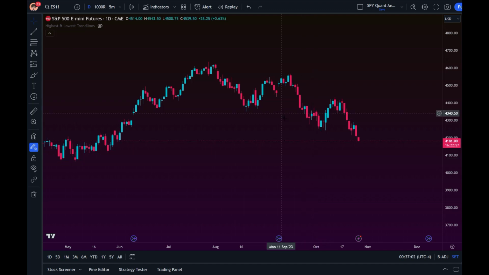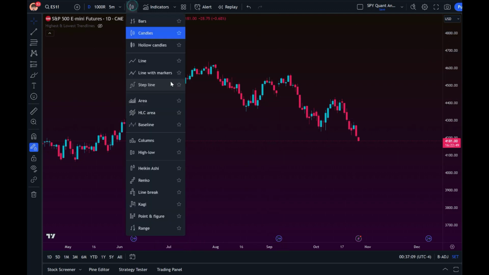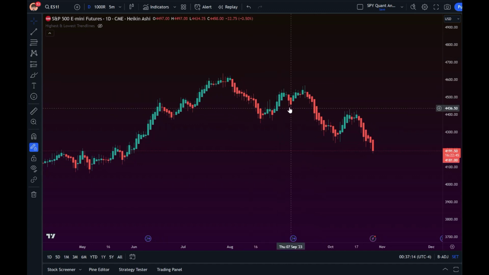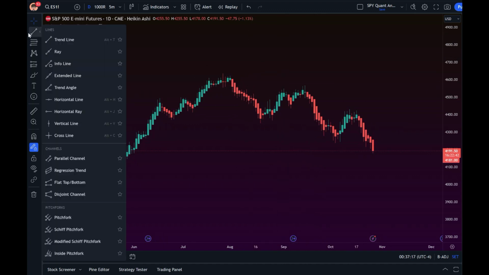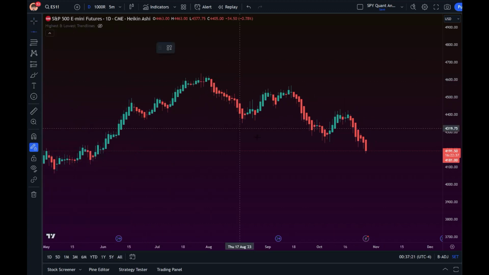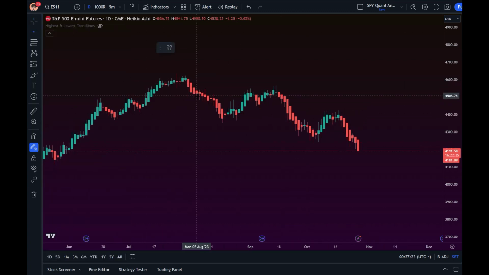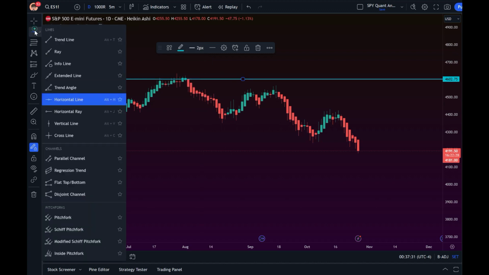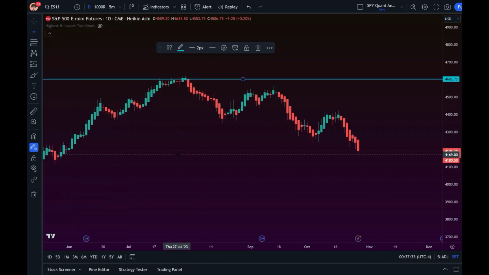We have ES again, looking at the daily chart. These are the regular candles. So we want to just flip our chart over to the Heikin Ashi. Now what we're going to do is draw in some daily supports and resistances. So we're going to launch our menu here, and we're going to look for the starts of downtrends and the starts of uptrends, and we're just going to draw in some supports and resistances. All right, so there's one there, there's one here,